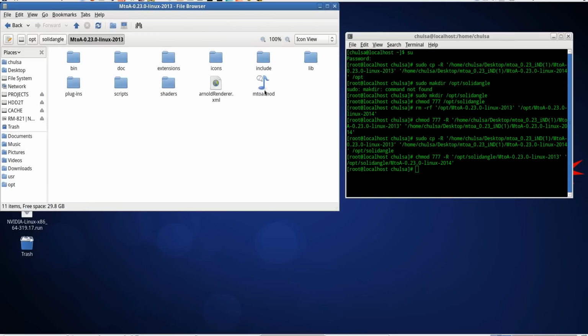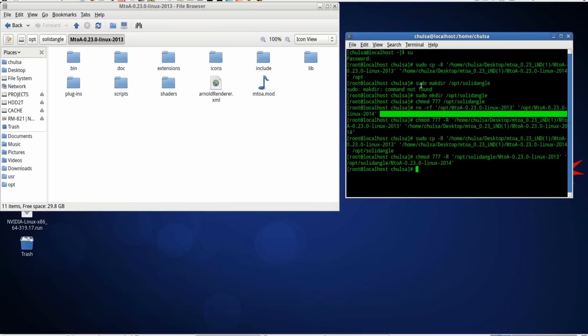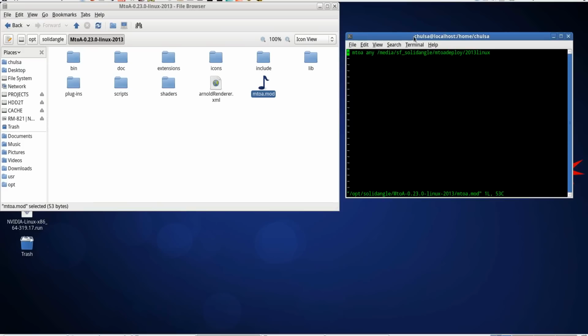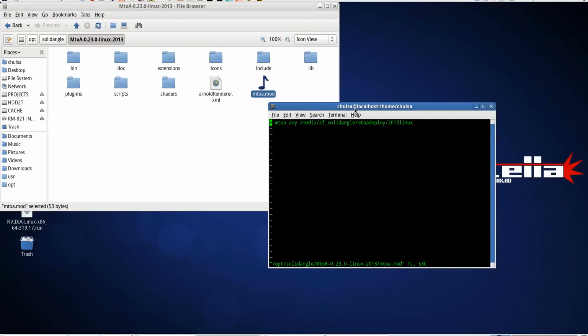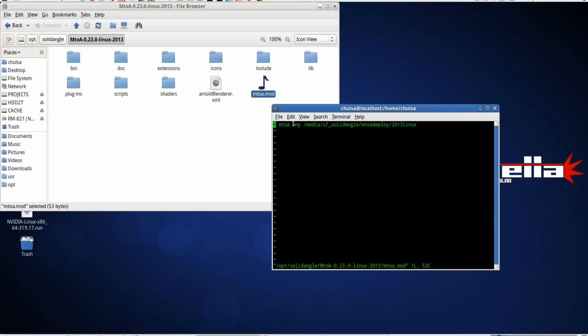It has this .mod file. All you have to do is to type vi there, and you see it has the wrong path, so you need to give it the right path. You need to press insert in order to correct that. The right path is the path to Arnold Render in the opt folder, which is solid angle. You need to type in the right path here,